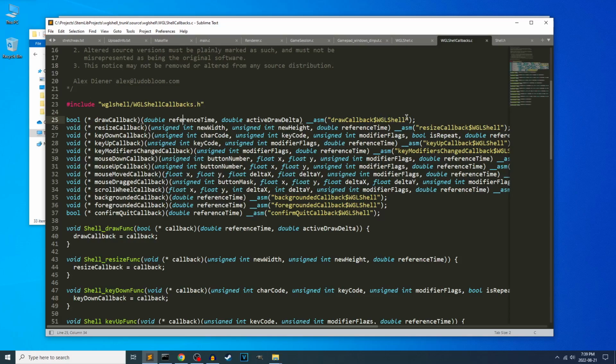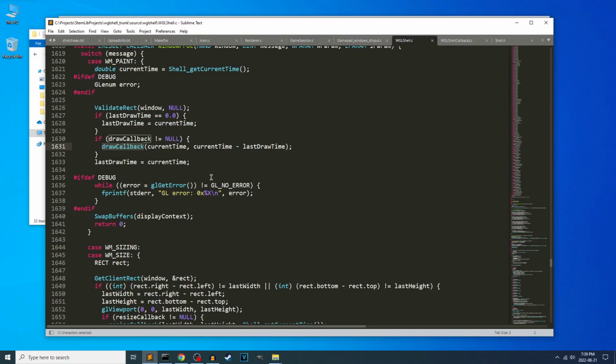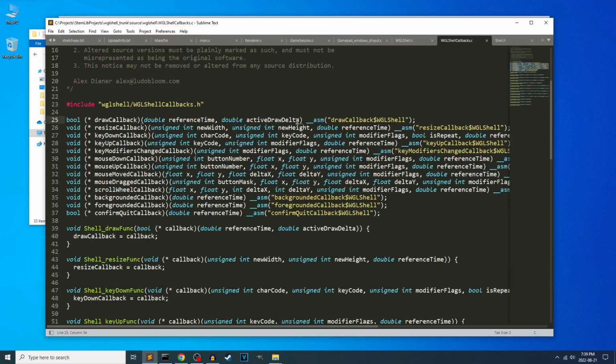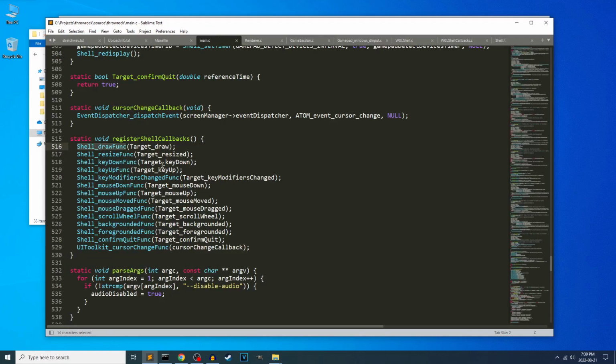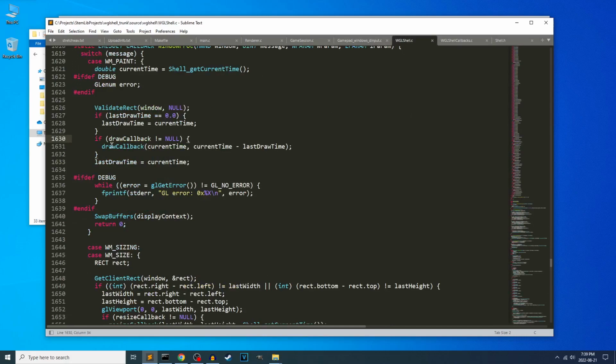Look at that weird stuff. Don't look at that weird stuff. Let's not worry about how that works. I don't even remember. I had some reason for this, and I don't know what it is anymore. Anyway, that just calls my draw callback if one is defined, because technically you could have an application that has no draw callback, but why would you have that? Anyway, if that's defined,